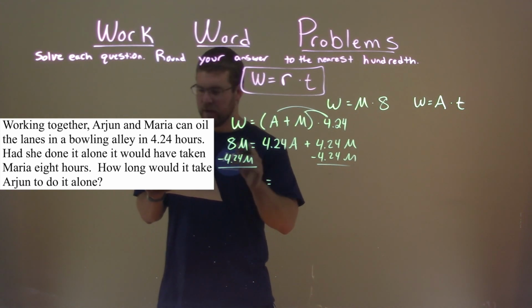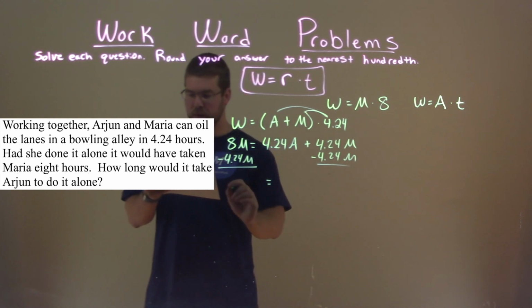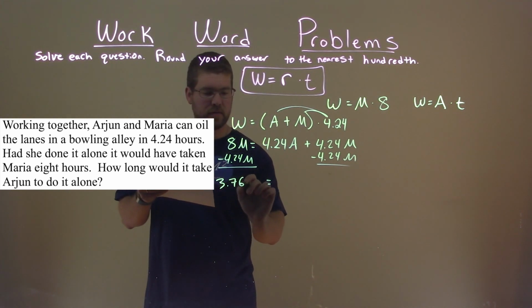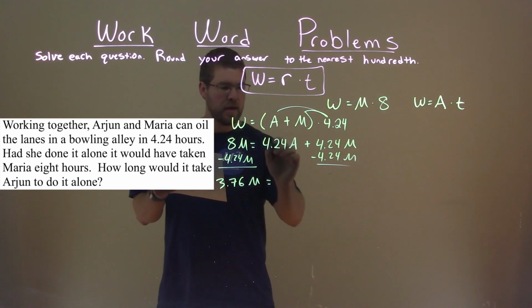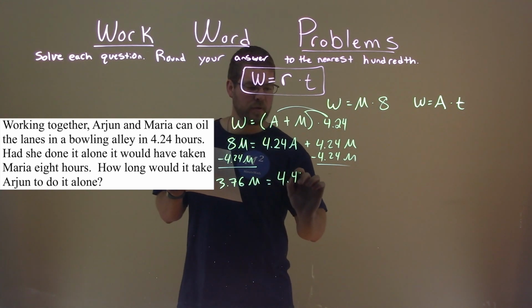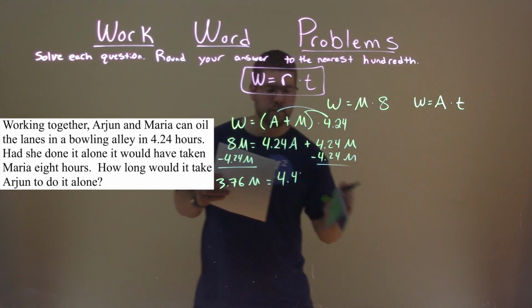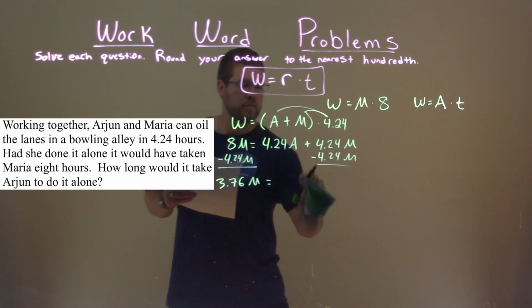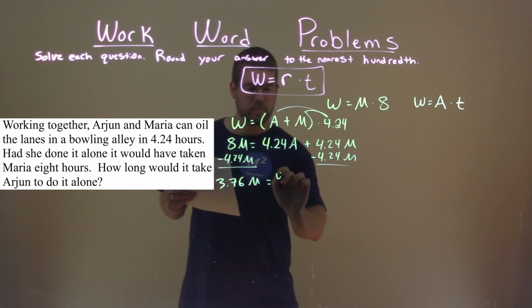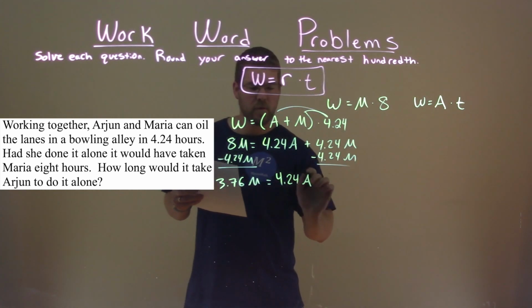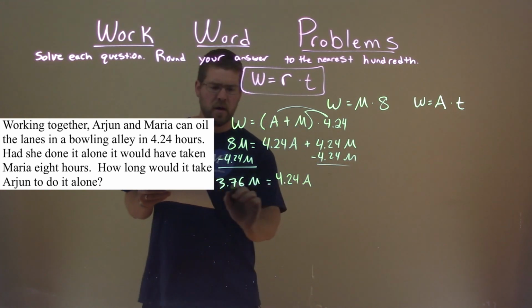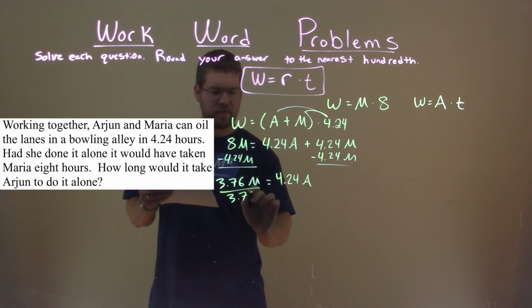And we're left with 8 minus 4.24, which is 3.76, times Maria's rate is equal to 4.24 times Arjun's rate. Divide both sides by 3.76,